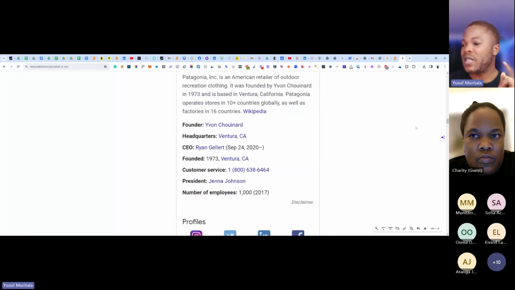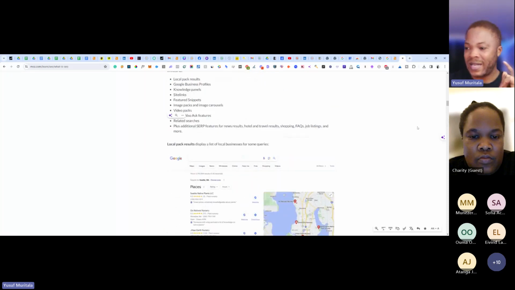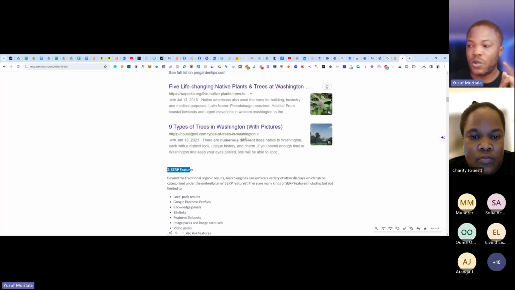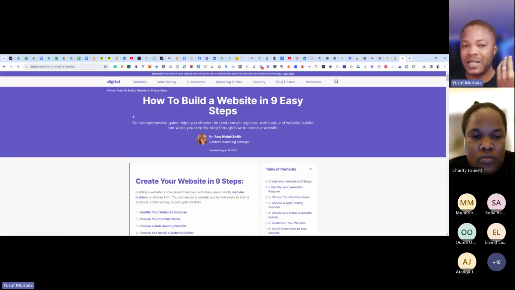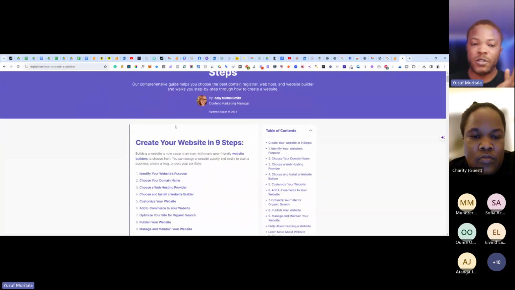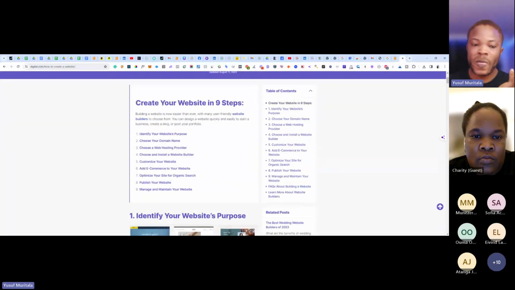The next one is going to be the how-to guide. What I mean by how-to is a step-by-step of how something is being done. So how do I make jollof rice, for example? How do I make this and that? You can see how this is structured, right?